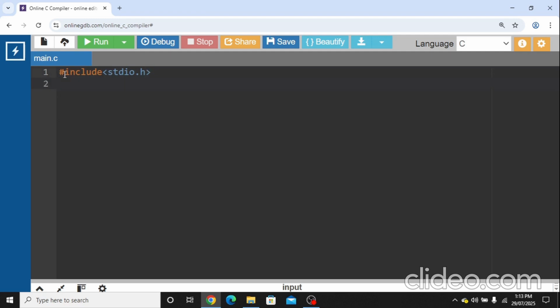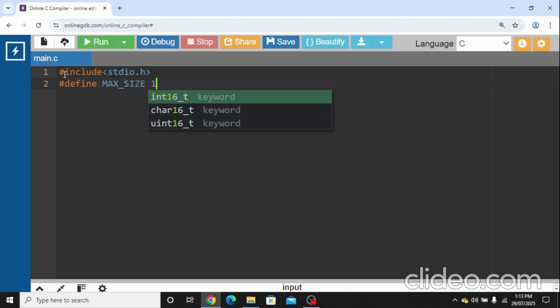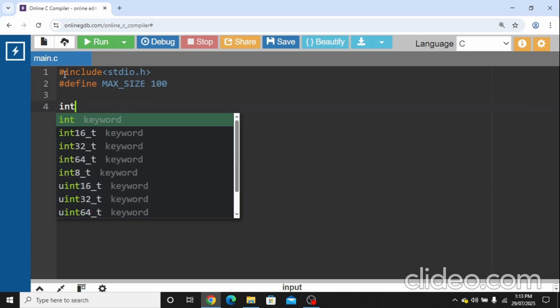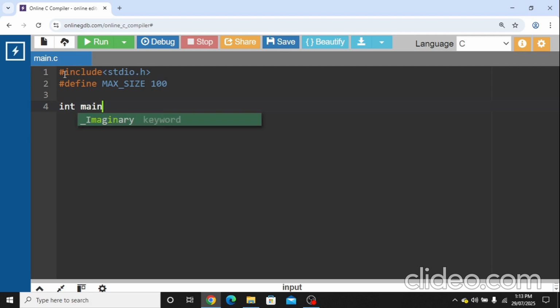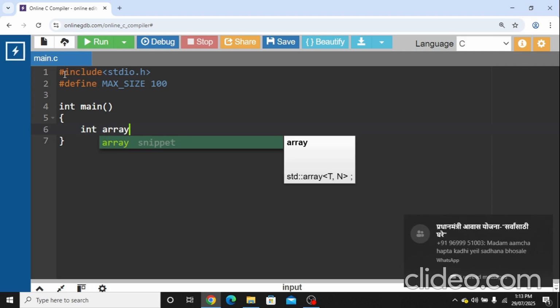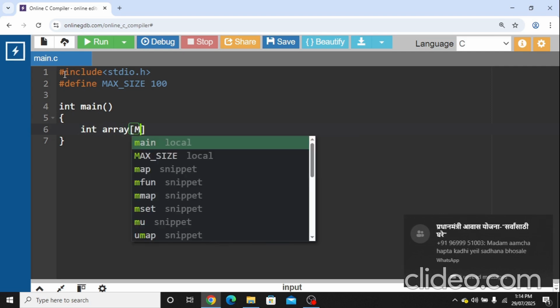In next line, we can define the maximum size by using #define MAX_SIZE, that is 100. We can start, in next line we can start main function, int main. In that we can declare the variables. First of all, we can declare one array, that is int array of maximum size,